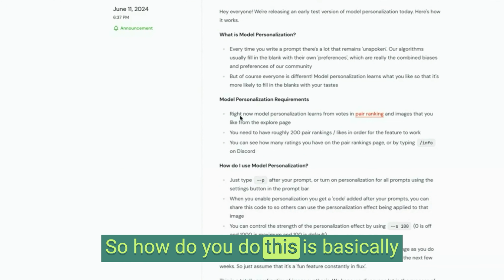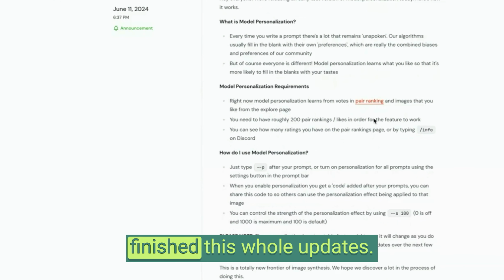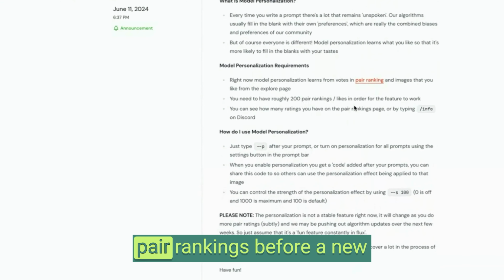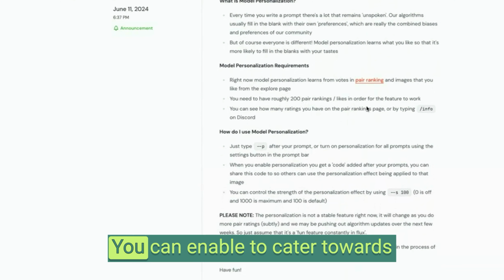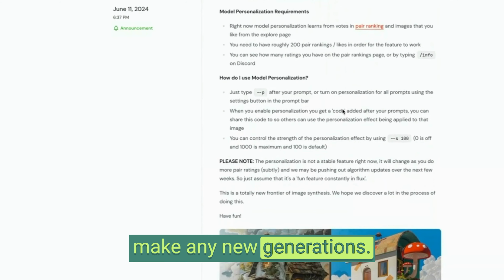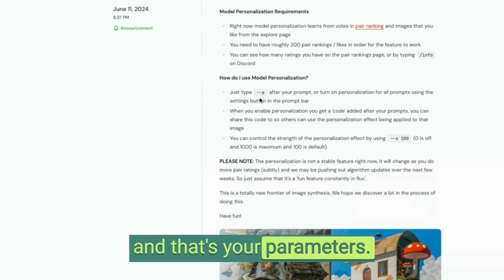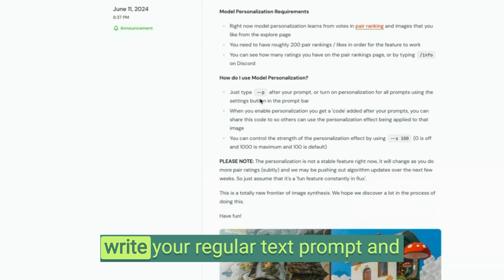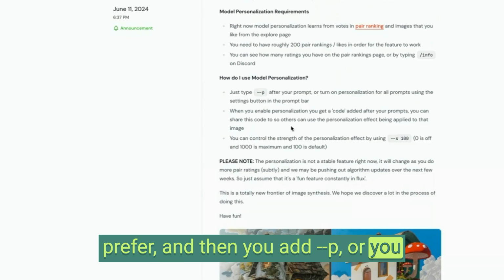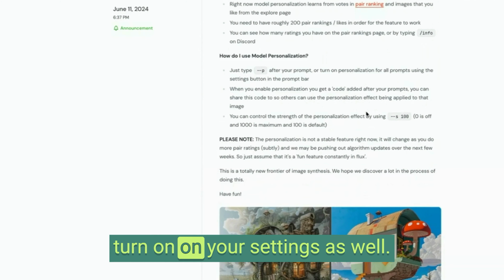So how to do this is basically the pair ranking, which we're going to click on next after we finish the updates. You do the pair ranking, and you need roughly 200 pair rankings before Midjourney model personalization can cater towards your style the next time you make any new generations. And how to use it is just --p, which is short for personalization, and that's your parameter. So you write your regular text prompt and your regular parameters, and then you add --p,